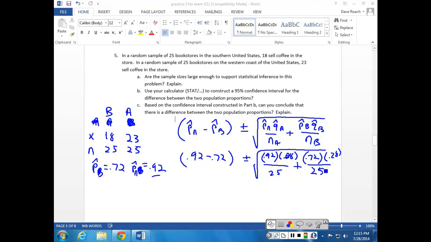Sorry about that. Let's make this 95%. There should be a Z right there, the confidence coefficient, and there's going to be a 1.96 in there. So 0.2 minus 1.96 times the square root